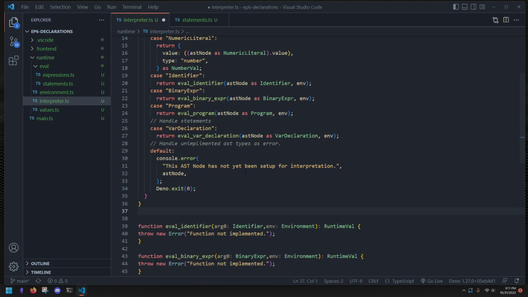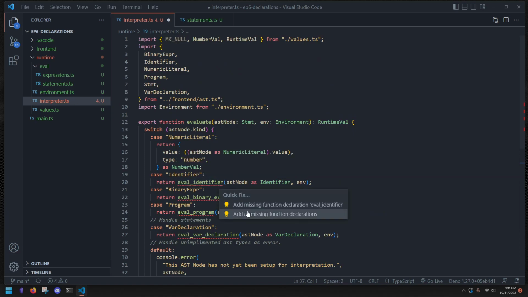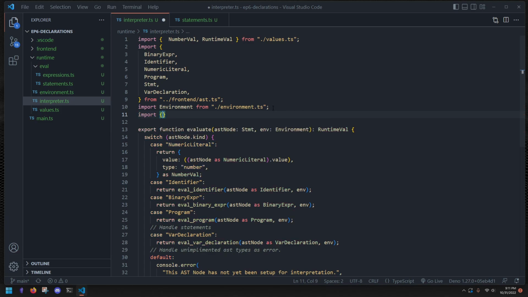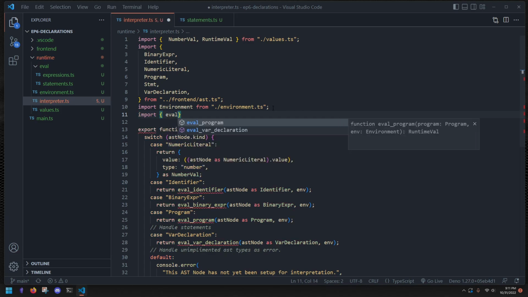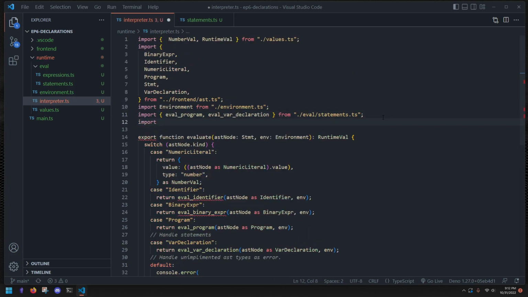So add all missing, not function declarations, no. Add the imports, add all missing, I'll just add to type eval and import them all. So we're going to do imports, eval program, eval, let's just do .ts. So we're going to eval program. We're going to bring in eval variable declaration. Then we also want to import